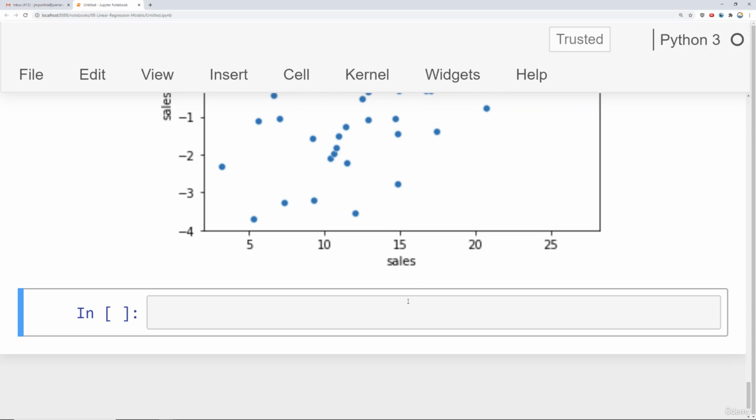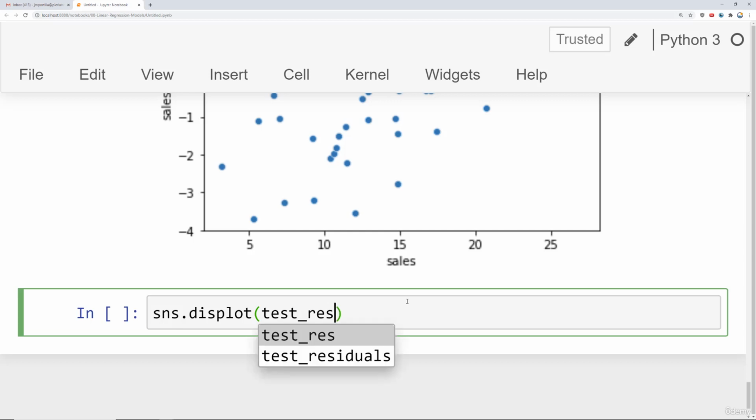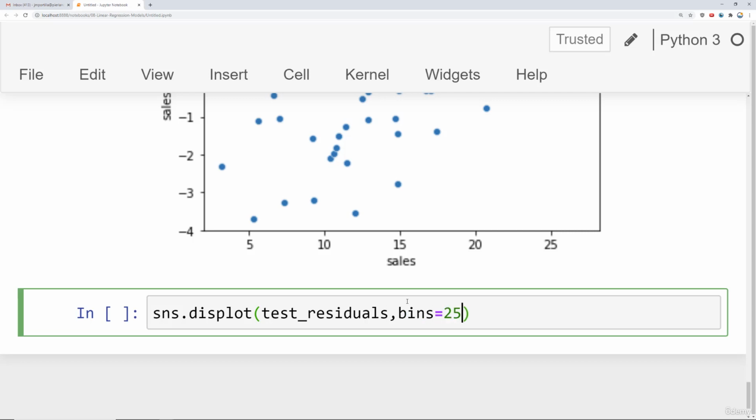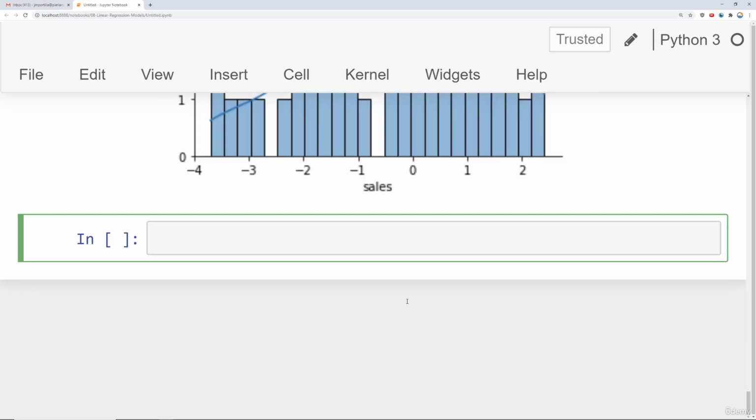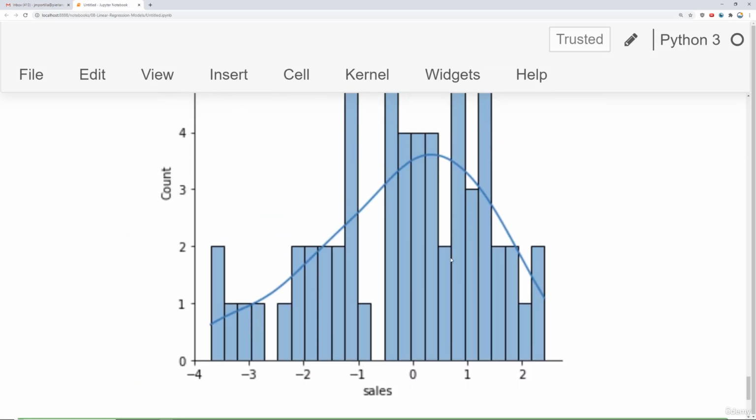We can also check this out with a distribution plot. I could say sns.distplot, and then pass my test residuals, choose some number of bins if I wanted to, and maybe even set KDE equal to true. Run that, and more or less what we're looking for is something that's normally distributed. It looks like the mean is pretty close to 0 for this KDE. It does look like we overshoot a little bit,